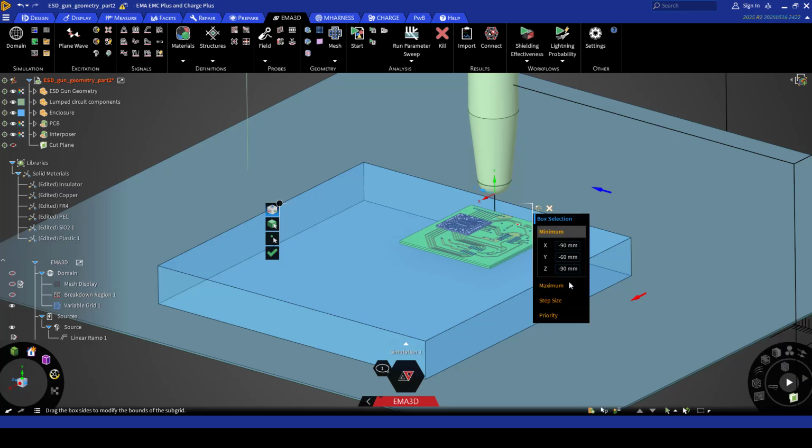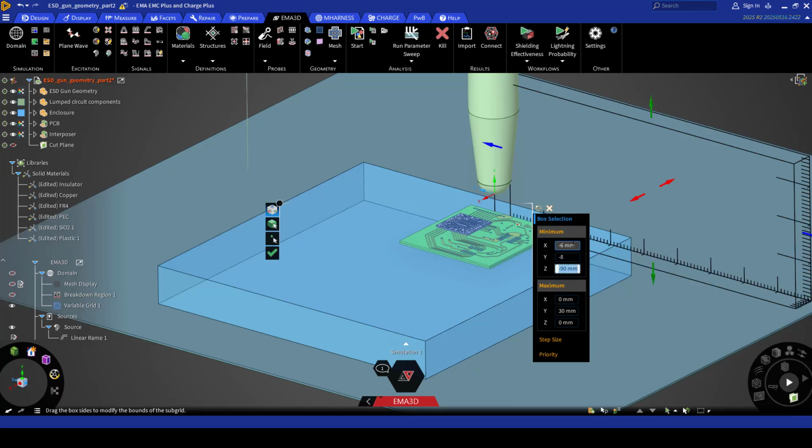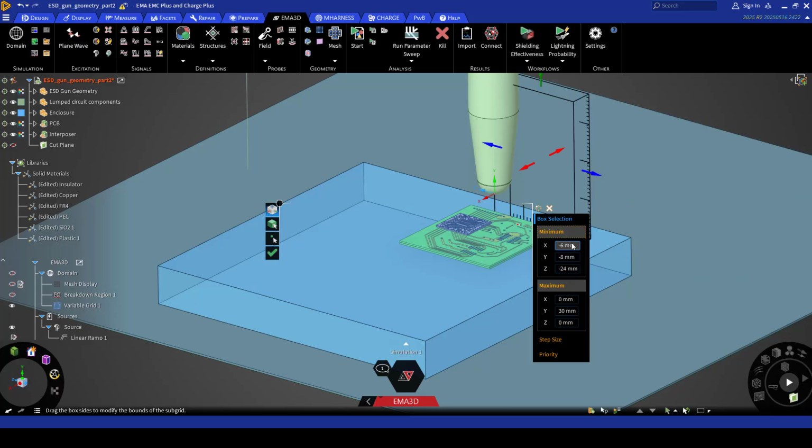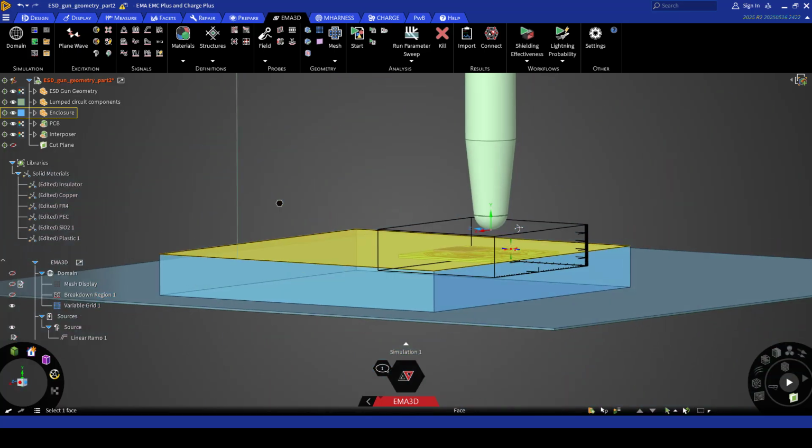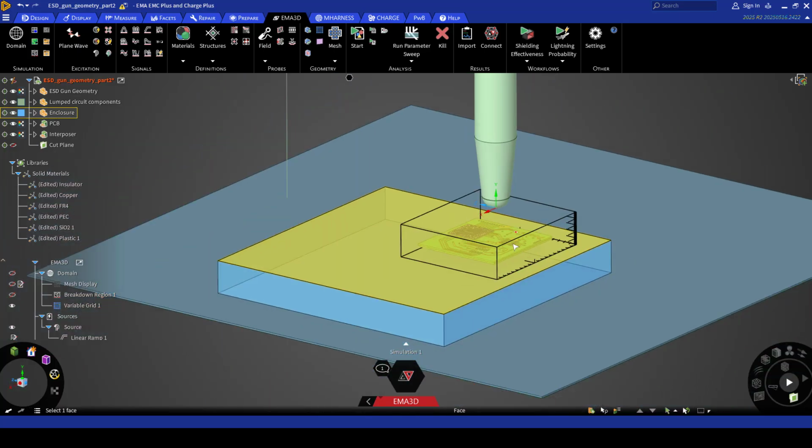So here I'll expand minimum and maximum, and I'll use the same values as we did for the breakdown region. So for minimum X, -6 millimeters, for minimum Y, -8, and for minimum Z, -24. For maximum X, 32, for maximum Y 2, and for maximum Z, 10 millimeters. Here we'll set the step size to 0.2 millimeters on X, Y, and Z. Now we can click the green check mark, and this is our defined variable grid. We can now hide it,